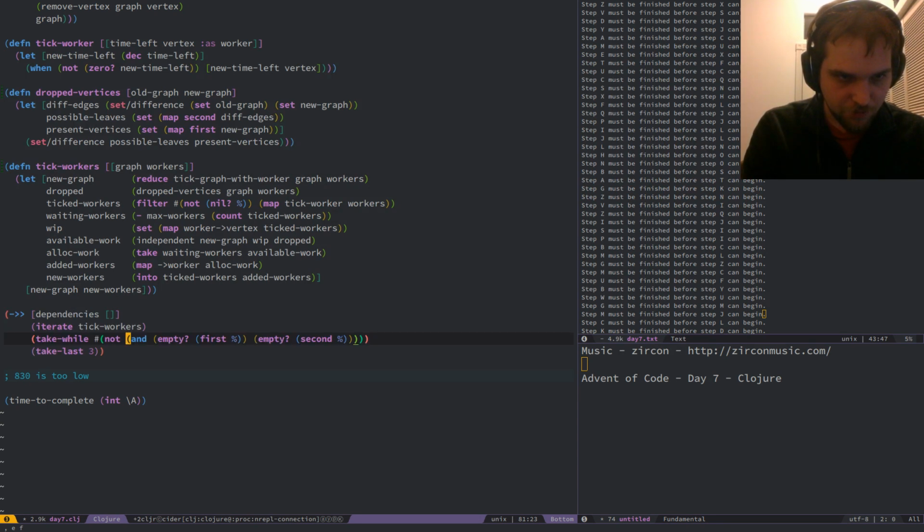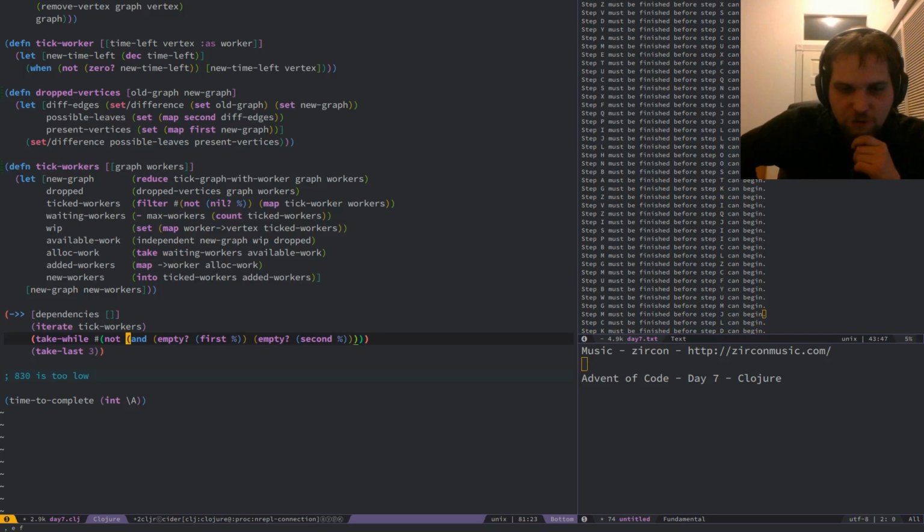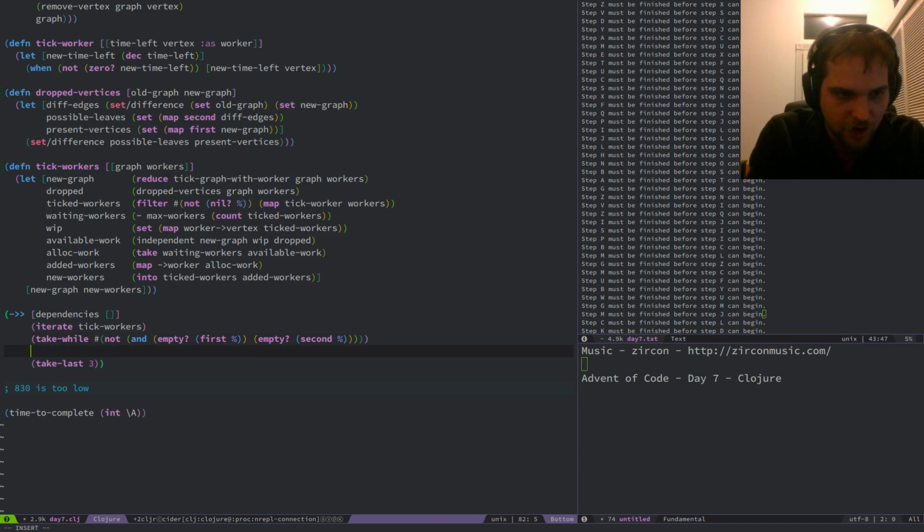Did I hit an infinite loop? Ah, no. I'm going to have to kill my REPL. Crap. Crap, crap, crappity, crap. I should be capping it at like 1,000. Okay, well, take 1,000.